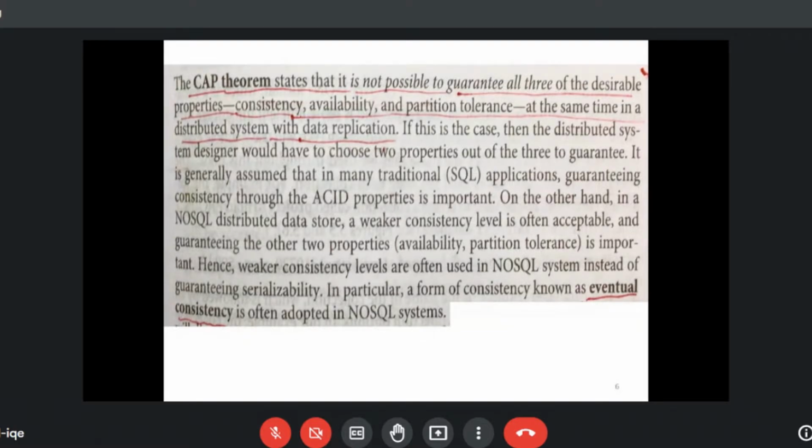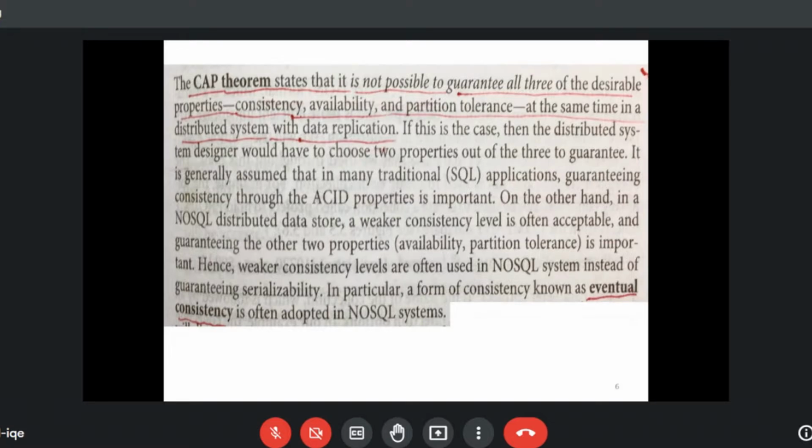So at the time, CAP theorem states that it is not possible to guarantee all three of the desirable properties: consistency, availability, and partition tolerance at the same time in a distributed system with data replication. If this is the case, then the distributed system designer would have to choose two properties out of the three to